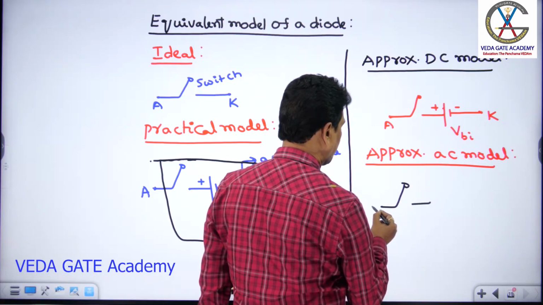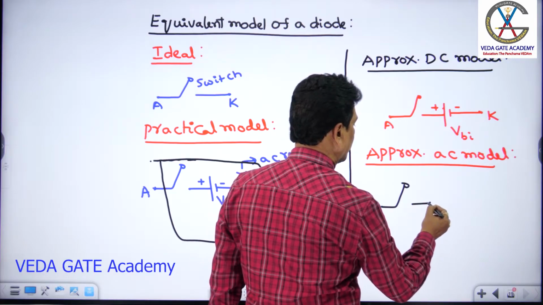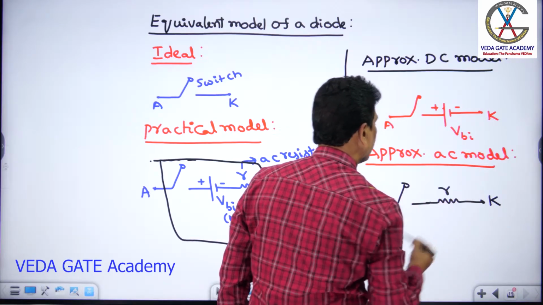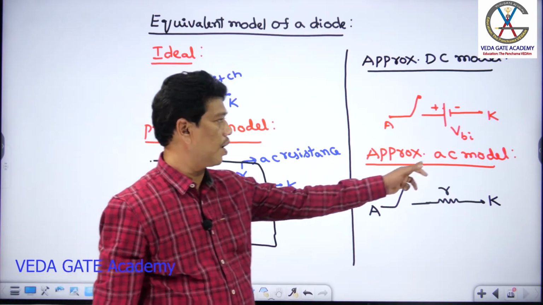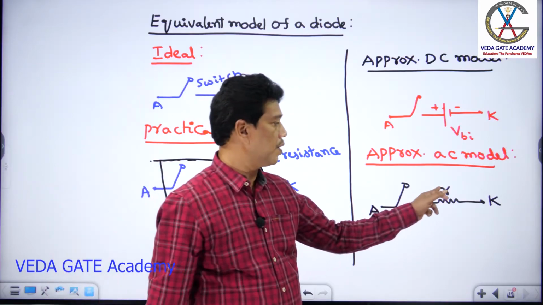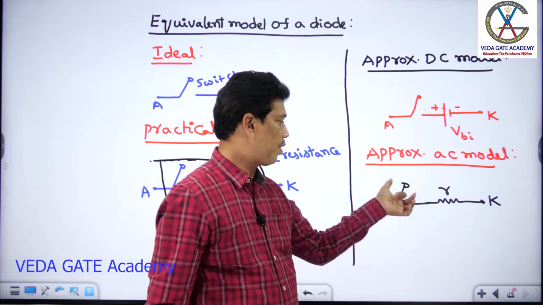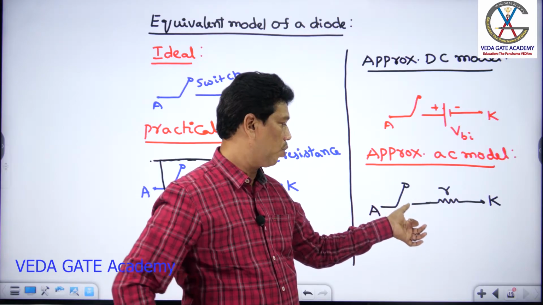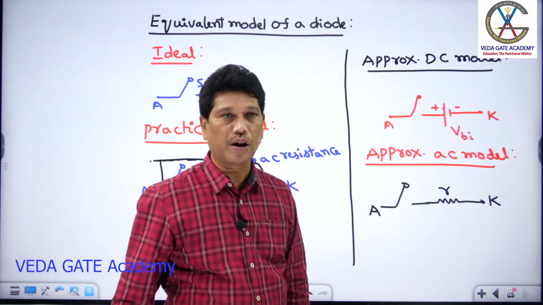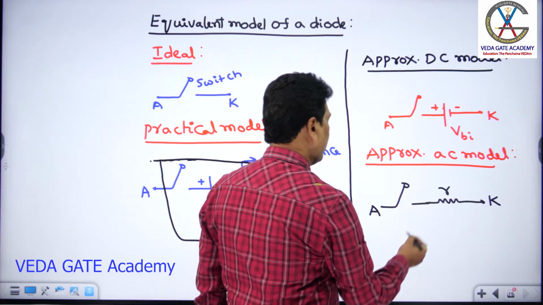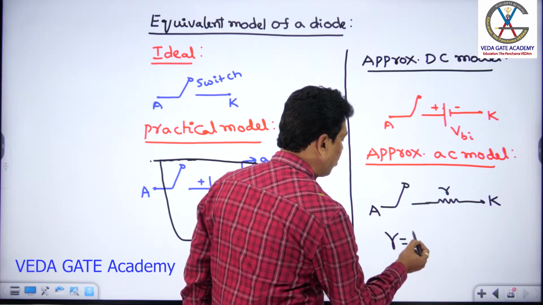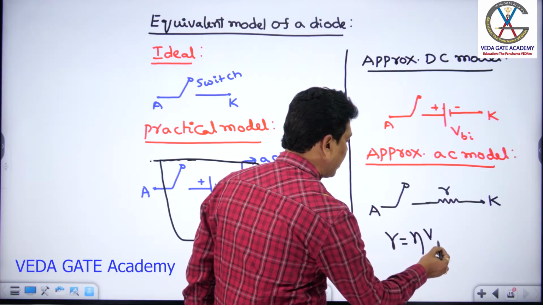So this is the diode as a switch, and this is the resistance. This is the equivalent model of a diode under AC condition, where R stands for dynamic resistance. Remember, this resistance is valid to use whenever the switch is closed. That switch is commonly closed in forward bias, so in a PN diode, the forward resistance is most valid. If you calculate the forward dynamic resistance, R equal to eta Vt by I